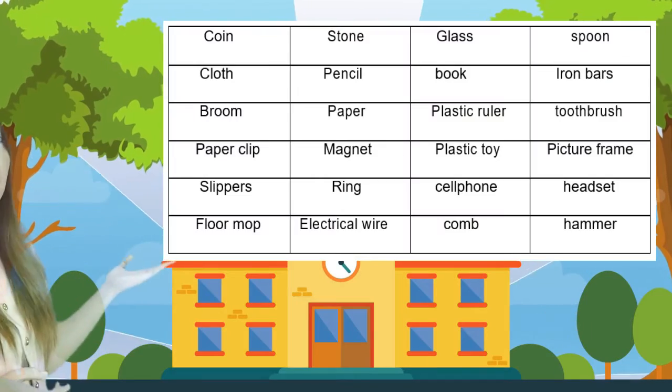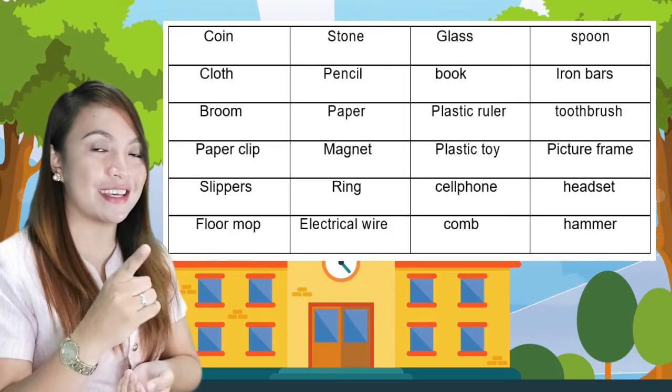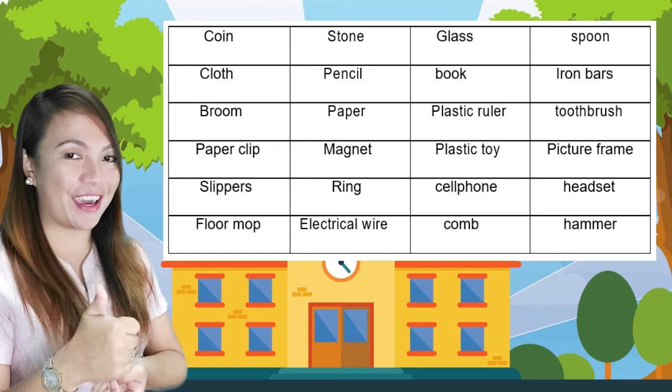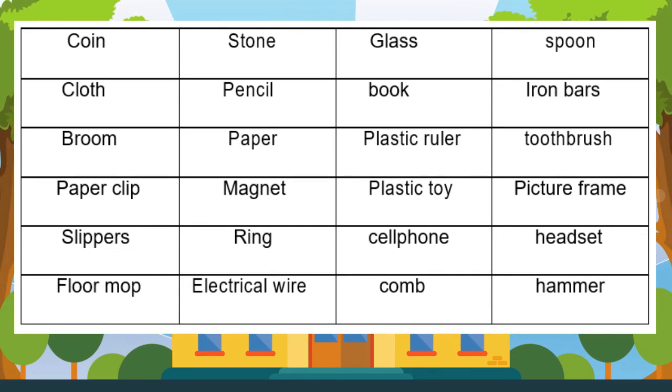Now look at this table. What you're going to do is you're gonna encircle all the materials that can be bent. Read carefully the words. Okay? So are you ready? Let's do it! Here are